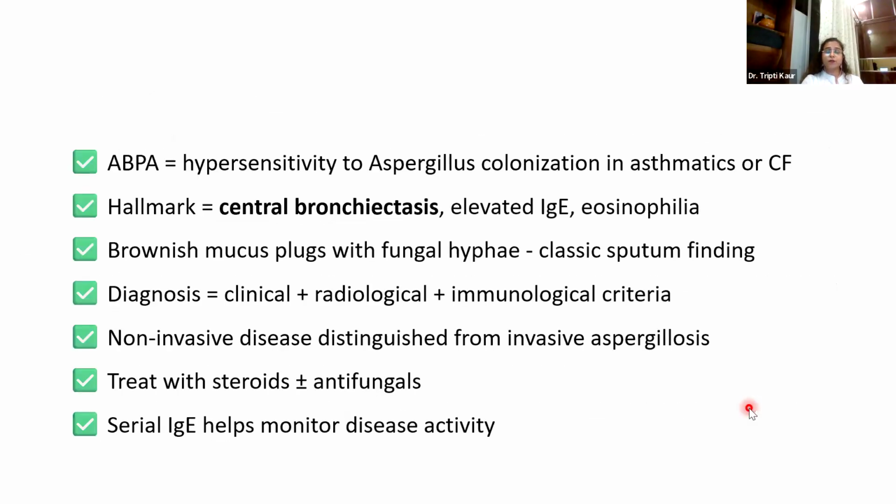So if you find an Aspergillus in the lung, there are other three things you need to see. Is the Aspergillus invasive, non-invasive, or is it within a pre-existing cavity, such as in a tuberculosis patient where there is a cavity and the fungus likes that, upper lobe, good atmosphere, it forms a ball there sitting like an aspergilloma. So there are three other entities other than ABPA, which you need to remember: invasive aspergillosis, non-invasive aspergillosis, and aspergilloma.